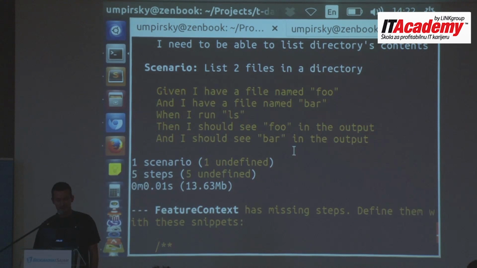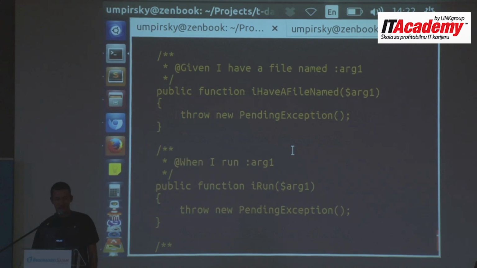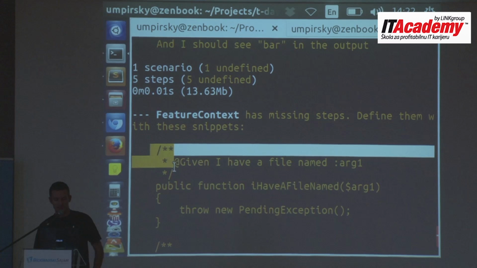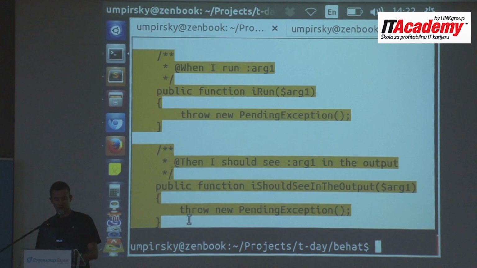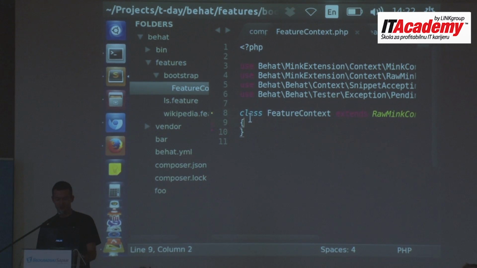And it says that there are 5 undefined steps. And it prints out the callbacks that I can copy and paste inside my feature context file and get them running. So I will just copy this and paste inside my feature context.